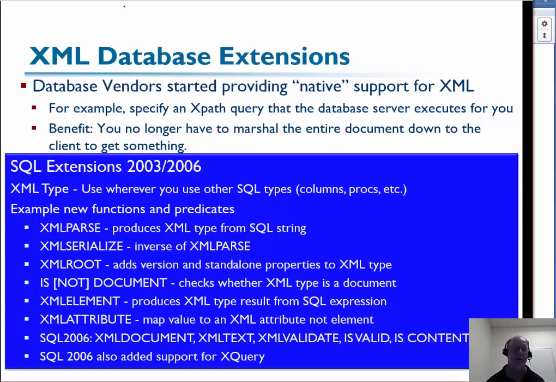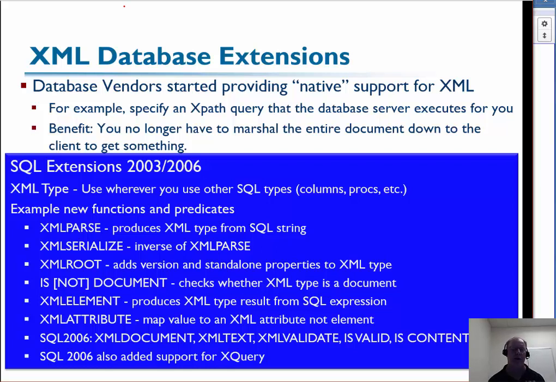There are database extensions. So what happened was, as XML became popular, again, late 90s, early 2000s, database vendors started coming out with some of their own native support for XML. Just another example where vendors are getting away from the SQL standard and trying to do vendor lock-in by creating their own ways of supporting XML in their database, right? If you were an Oracle person, you had a set of Oracle types and Oracle navigation facilities for dealing with it. If you were a Postgres person, a different one.